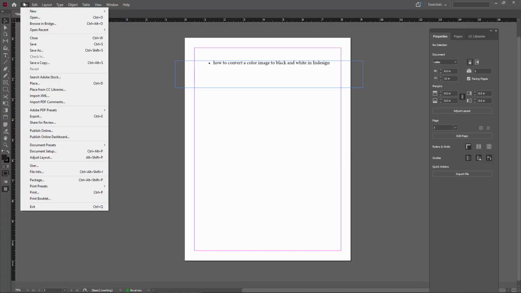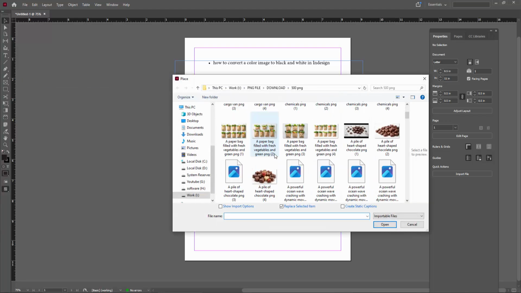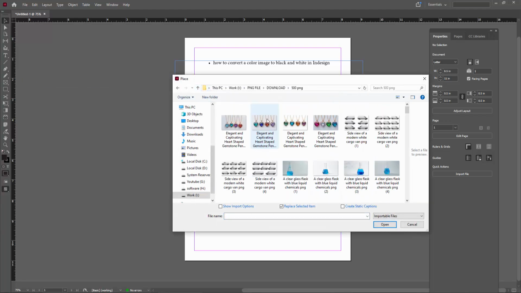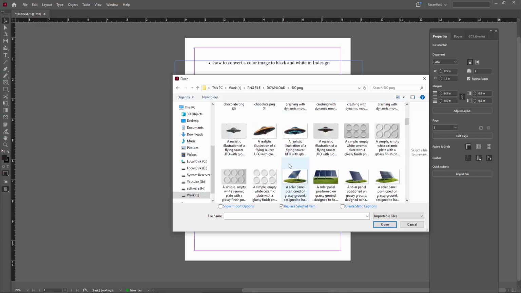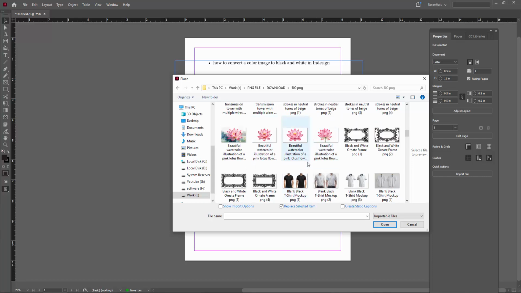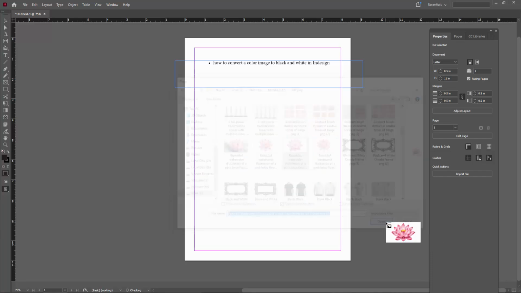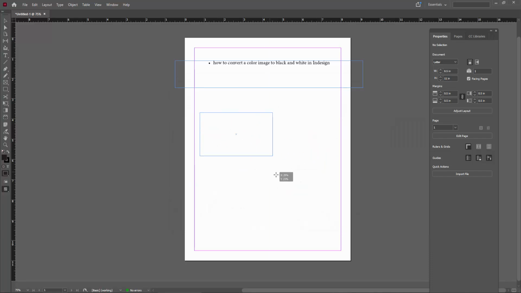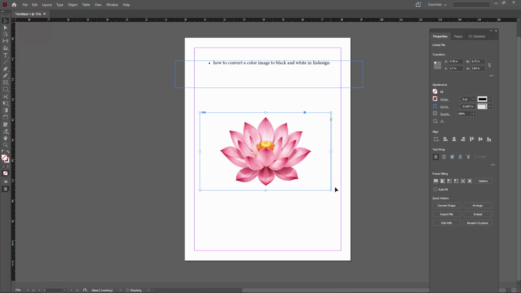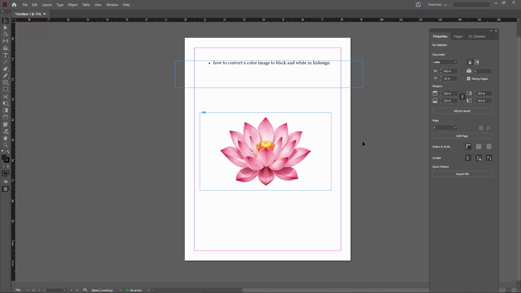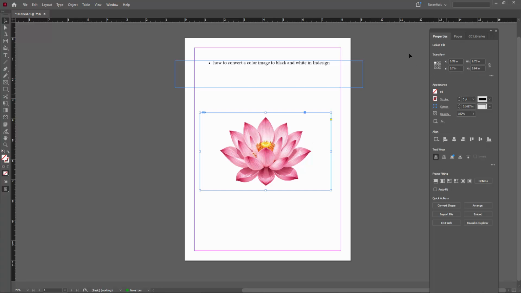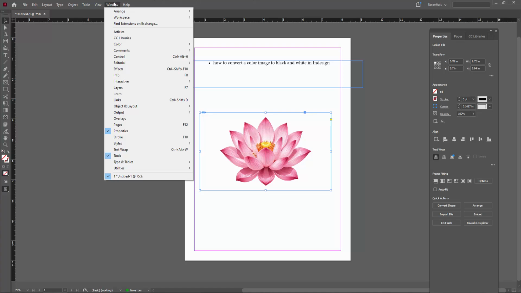Now I'm firstly opening a picture. Then go to the File menu and click Place, and this is my image folder. I select an image and click Open. Now drag and paste the image, then click here and firstly select the image, then go to the Window menu and